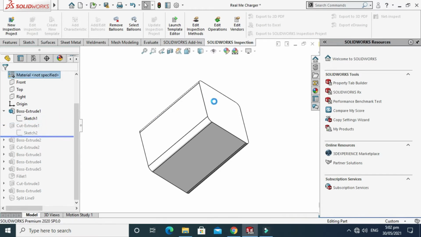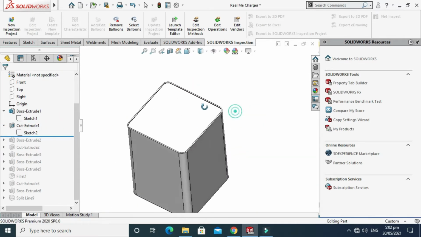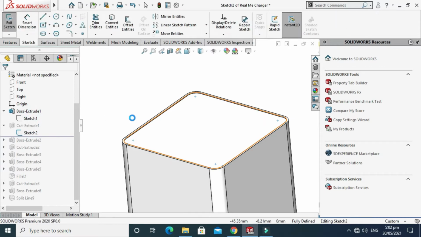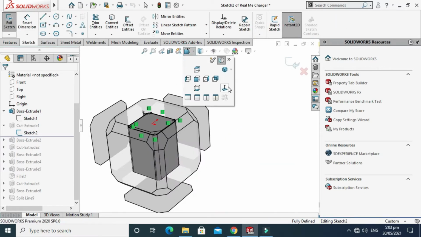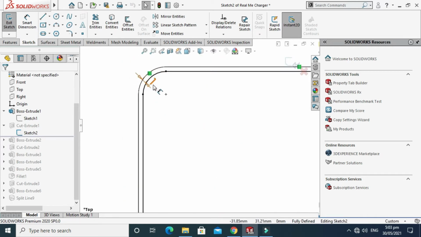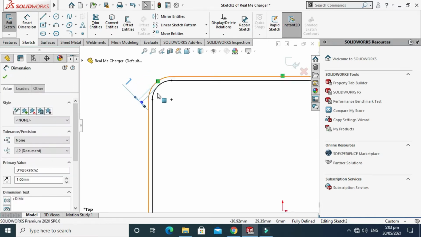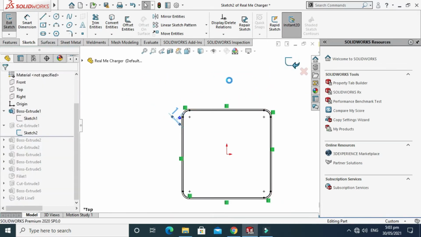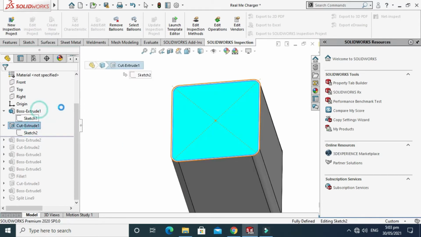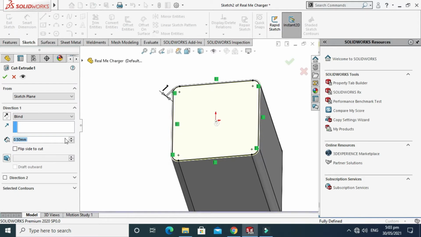And my second command here is cut extrude. Just go to sketch, go to edit sketch, and I use the offset command of 1 mm, and here the extrusion depth is 0.5 mm in the downward direction, right?